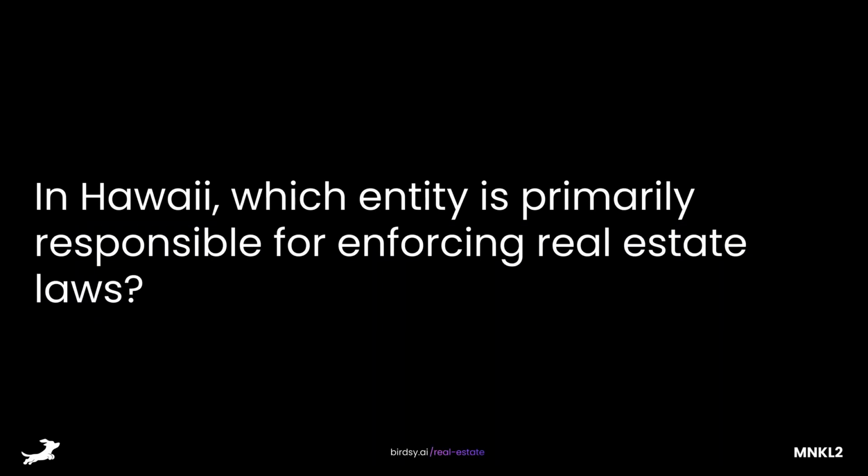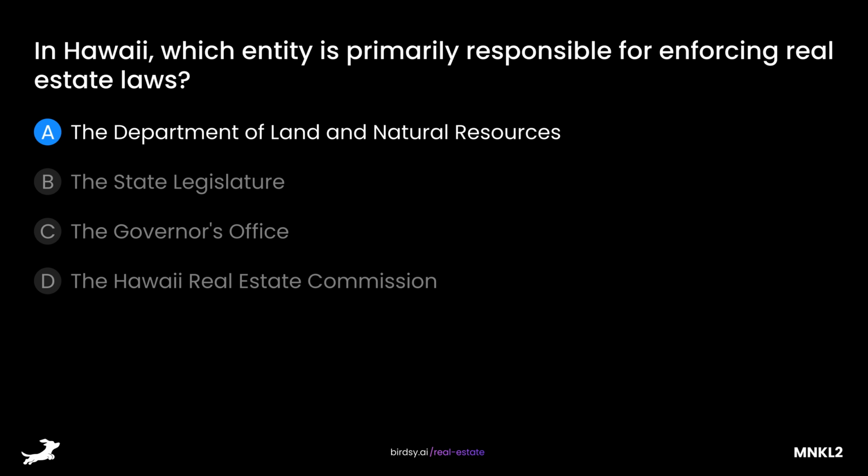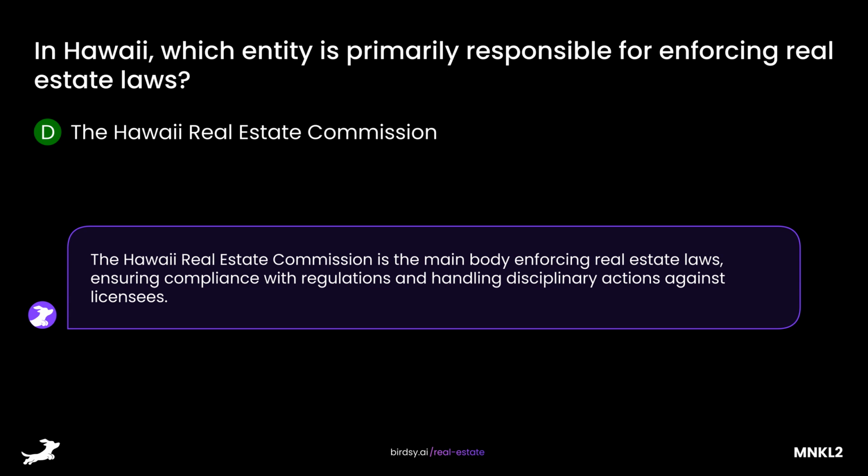In Hawaii, which entity is primarily responsible for enforcing real estate laws? Is it A, the Department of Land and Natural Resources, B, the state legislature, C, the governor's office, or D, the Hawaii Real Estate Commission? The answer is D, the Hawaii Real Estate Commission. The Hawaii Real Estate Commission is the main body enforcing real estate laws, ensuring compliance with regulations, and handling disciplinary